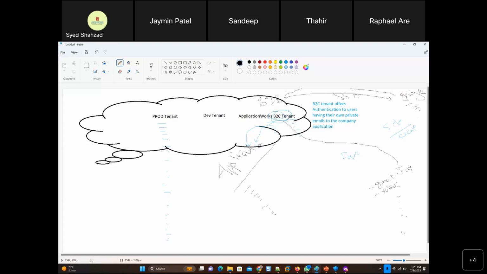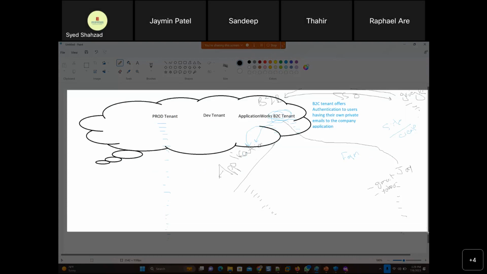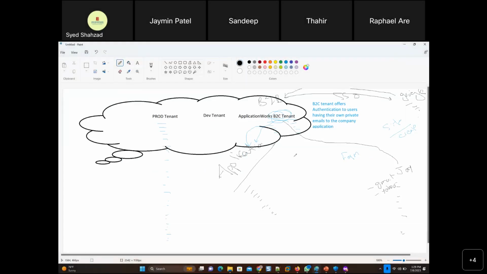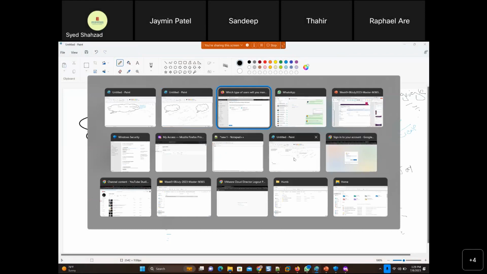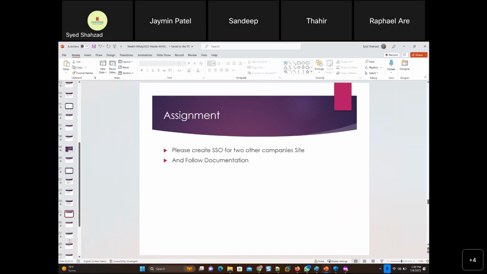So B2B, or business to business, will be connected then. That's the overall idea. Basically, B2C is more used, but whichever company has whichever scenario, B2B is also useful.